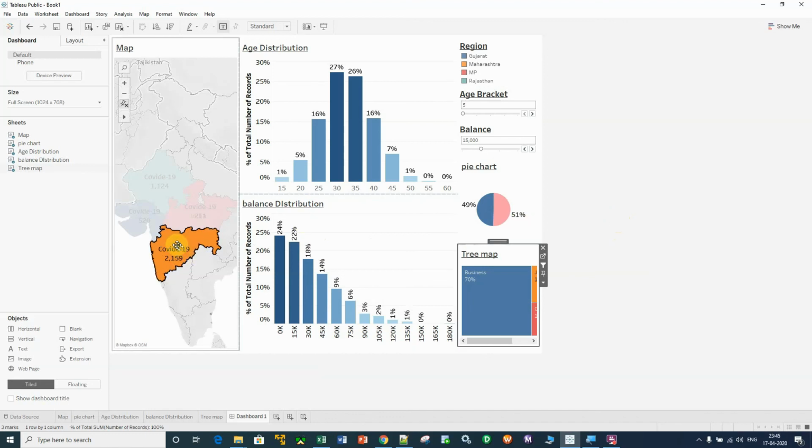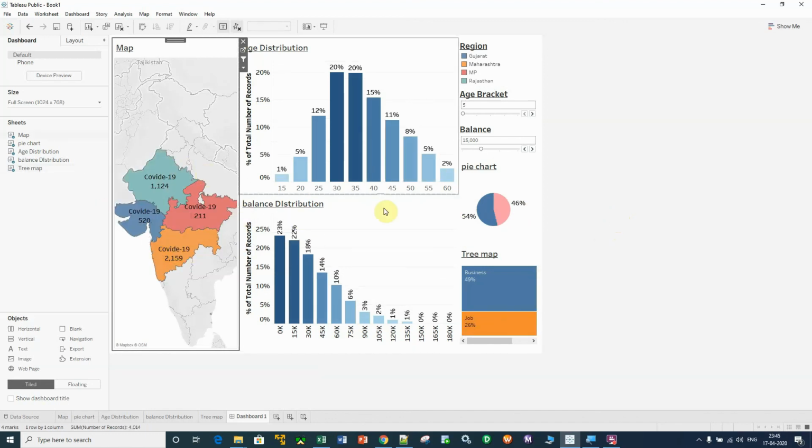So in that way, not only for this COVID situation, but for any kind of business situation or any kind of area, businesses work on numbers, and they cannot take decisions on the numbers themselves. For that, they need some visualization of the data, so that they can understand the data, visualize the data, and accordingly take decisions, right?